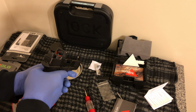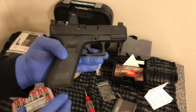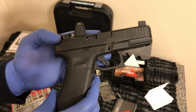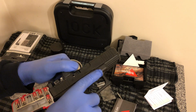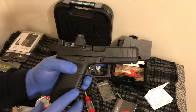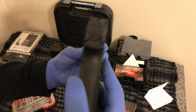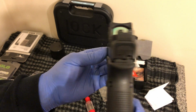And you can co-witness. You can co-witness the rear sight and the front sight. You can see how that looks. It only has a little bit of lip right there. And you see how that goes right there. Wow, what a nice, pretty gun. I mean, that is beautiful. That is just stunning right there. Excellent. Look at that. Look through there. You might be able to see the red. Maybe not, but